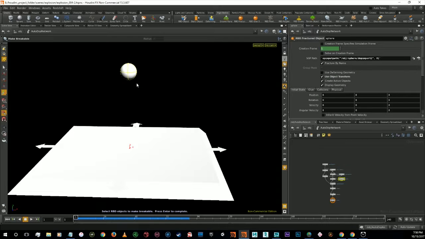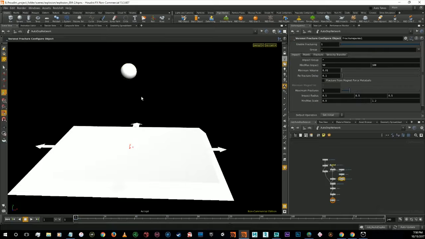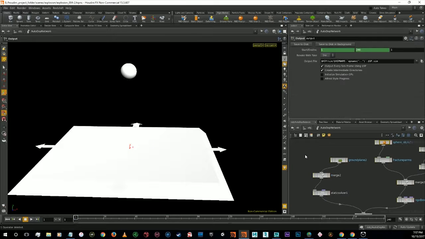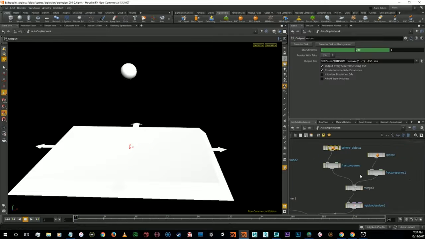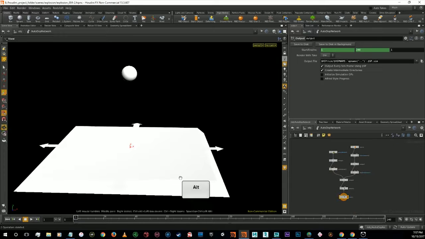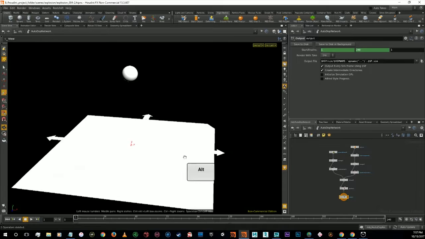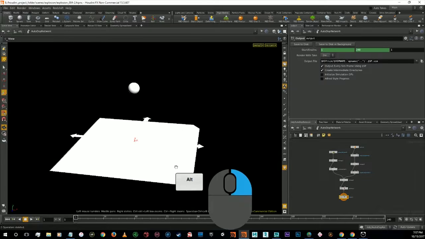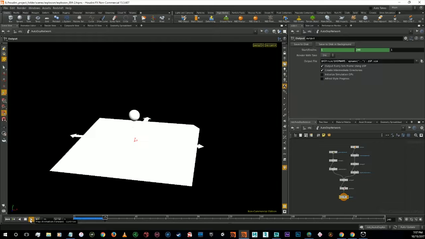Now to keep things organized, netbox 1, simulation ground, this here is our simulation fracture. Now then, just move our